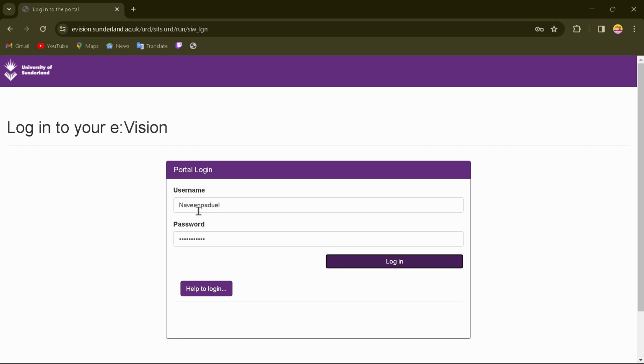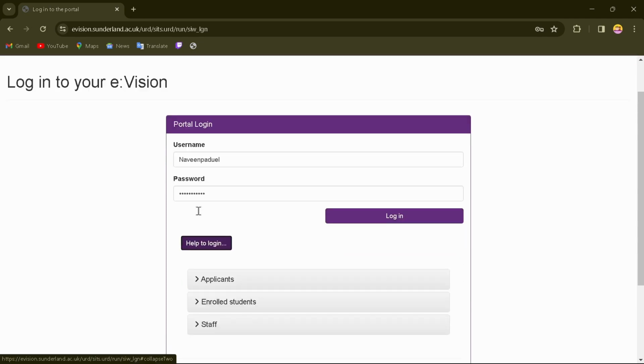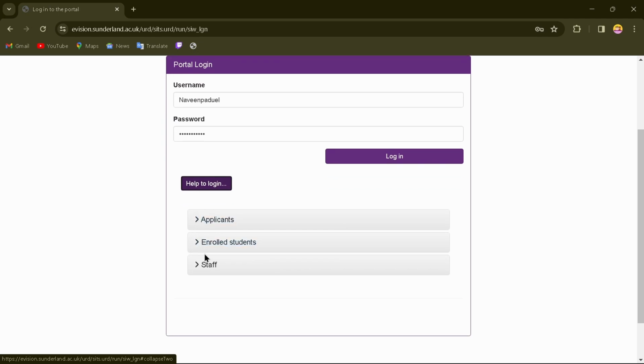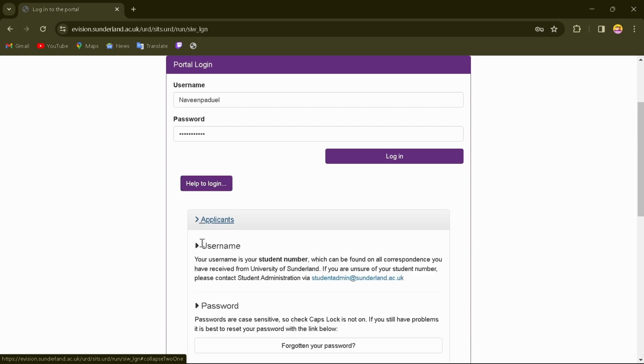account. But if you are facing any trouble logging in, what you can do is just tap on help to login. After tapping on help to login, now what you can do is just select any one of these options. So if it's an application problem, you can just tap on application, and after